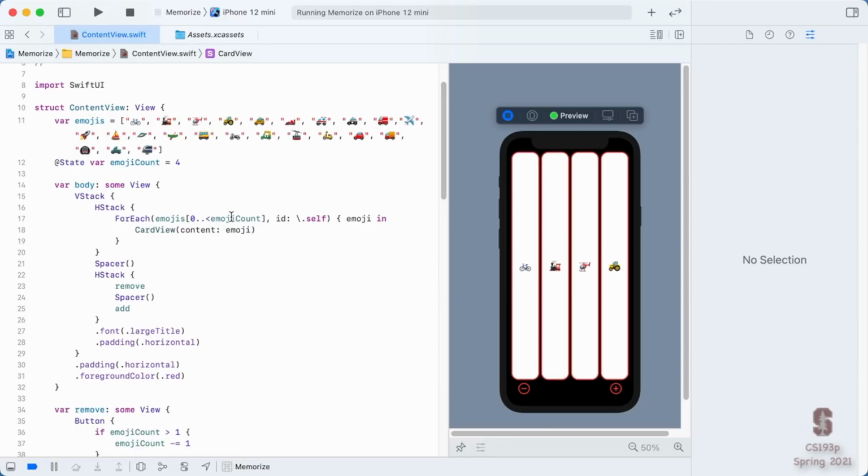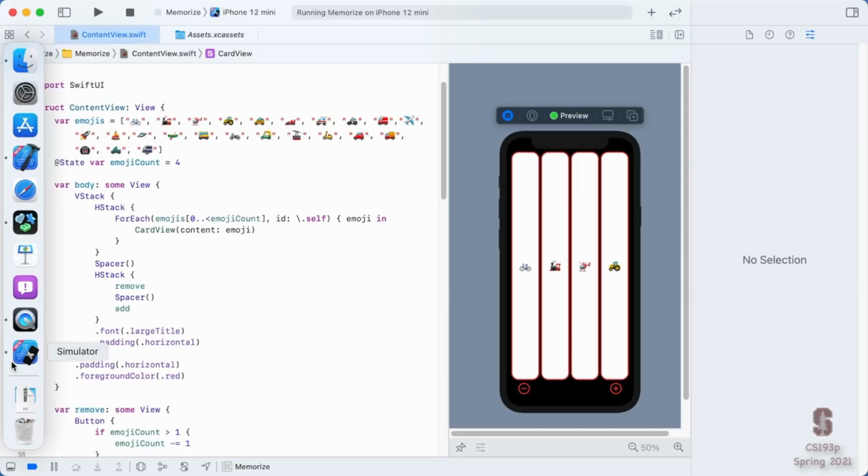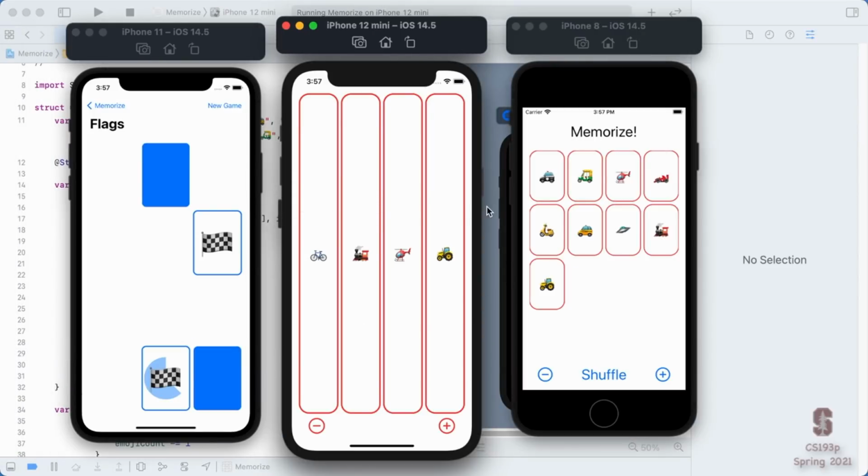Okay, the last thing we want to do this week is put our cards into a grid instead of all horizontally like this. We want them like this. We also want them to look more like cards, not these tall, skinny things. Before we go off and do that, though, I want to address one other issue here, which is these buttons down here. See, these ones are blue, and the ones over here are red. So why are these blue and these red?